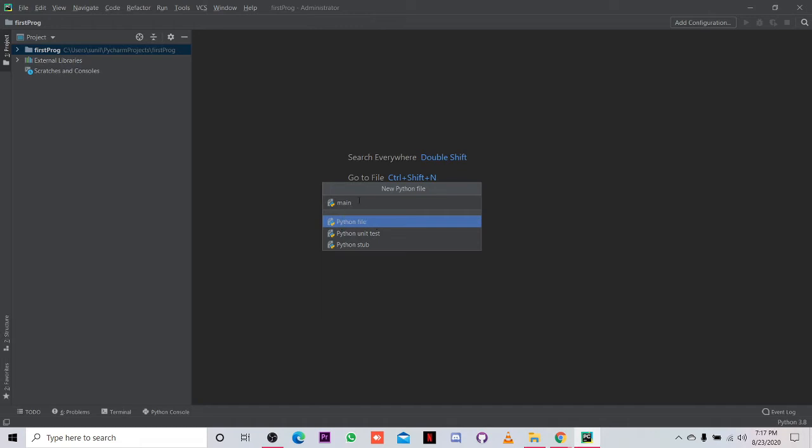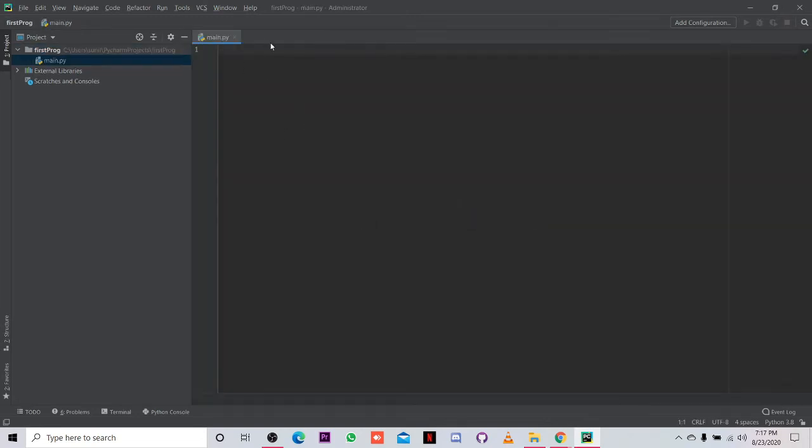So here we have to give an extension which is for a Python file. For Python we have .py. Now click on Python file, and it will create our window for our main.py file. And you can see main.py. Just look at the name of the file. It is already created, main.py.